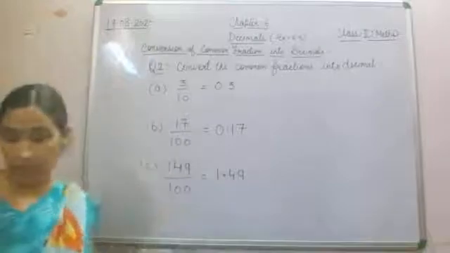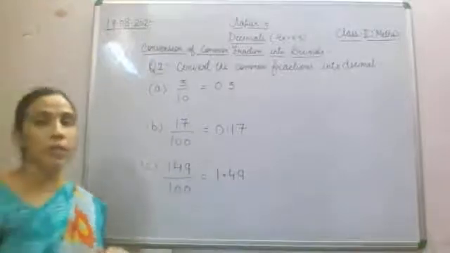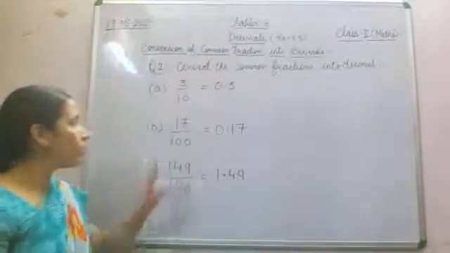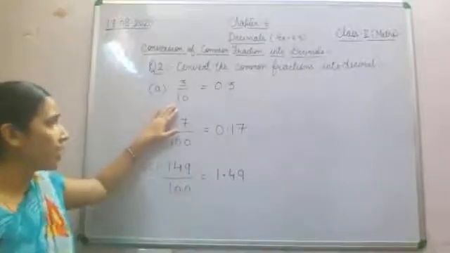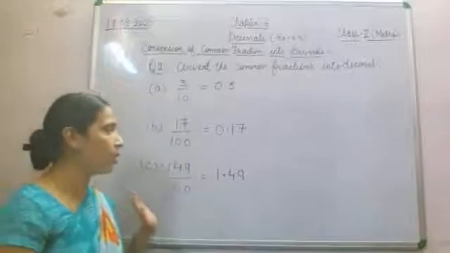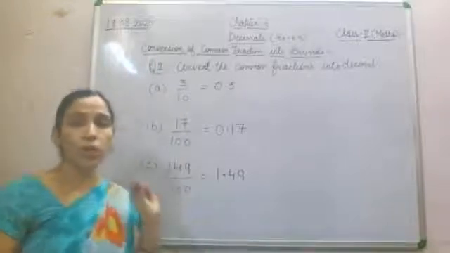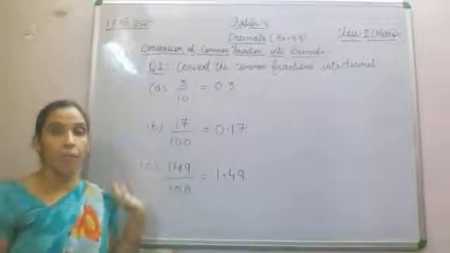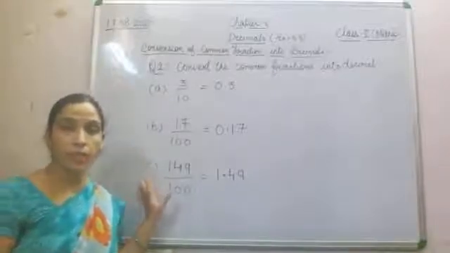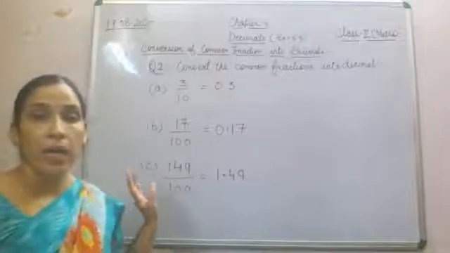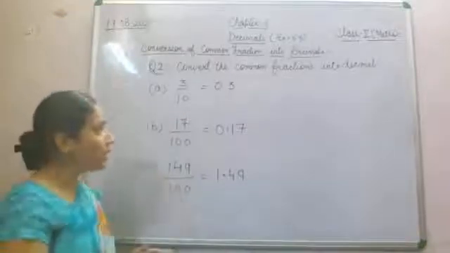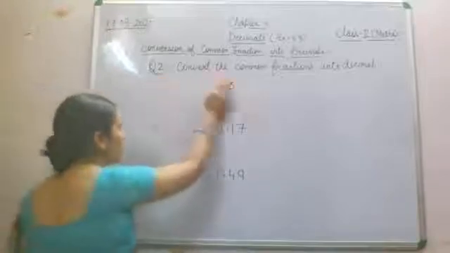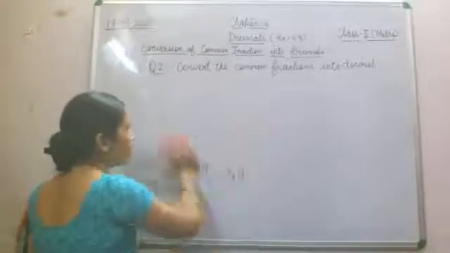So these will be your first 3 questions, which are quite easy because you have been given 10, 100 and 100 already in the denominator, in which you don't require to do anything else. Only we have to count that number of places and then we will put the point. Nothing else you are supposed to do in this question. Now let's see D part. So I am going to erase these 3 questions which are quite simple.